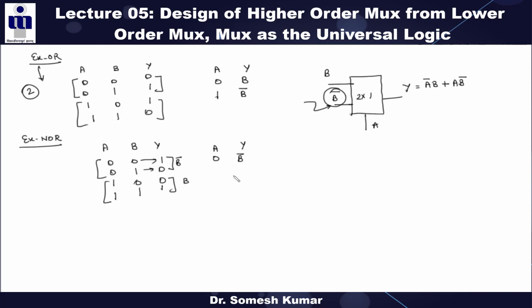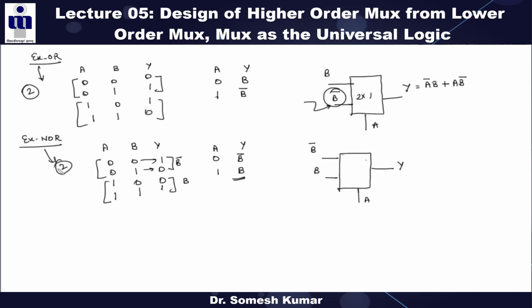Output is B. Now these act as inputs, because in the mux, the output is nothing but the selection of the inputs. So this is B bar, this is B, this is A, and this is Y. So 2 2:1 mux are required to implement the